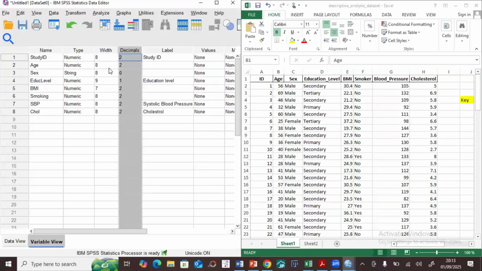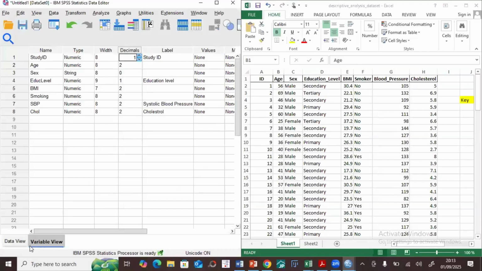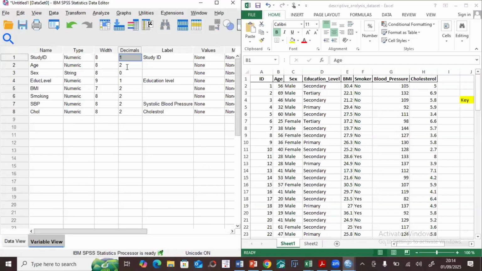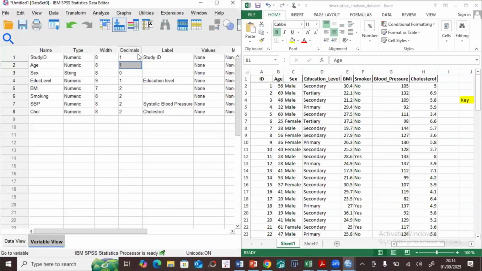Just means for the numerical variables, what number of decimals will be presented in the data view. For example, you can see here, it automatically puts 2 decimal places. If you reduce it to 1 decimal place and go back to data view, say you had 56.89 under age, and under age you reduce it to one decimal, then you'll see it will summarize it to 56.9, right? So under variable view, you can tweak the number of decimals that you want there to be